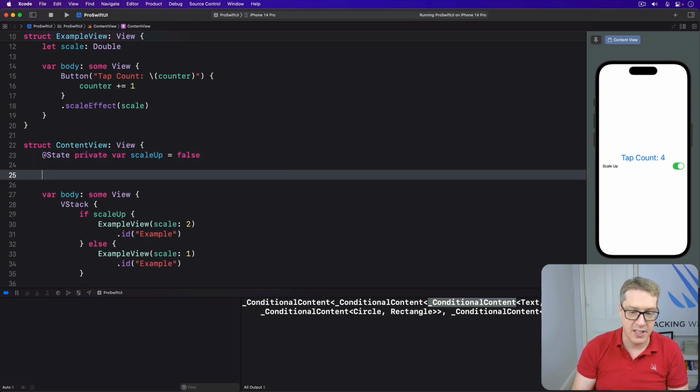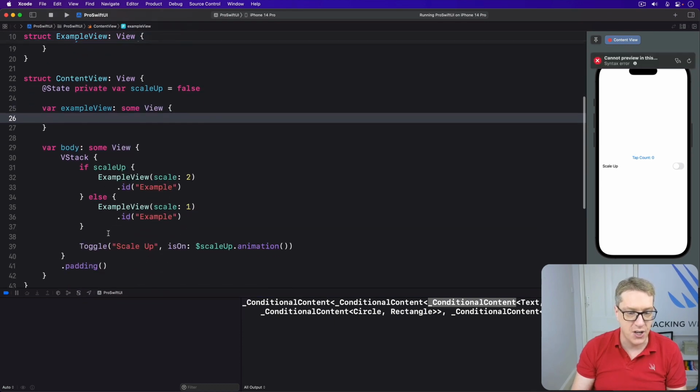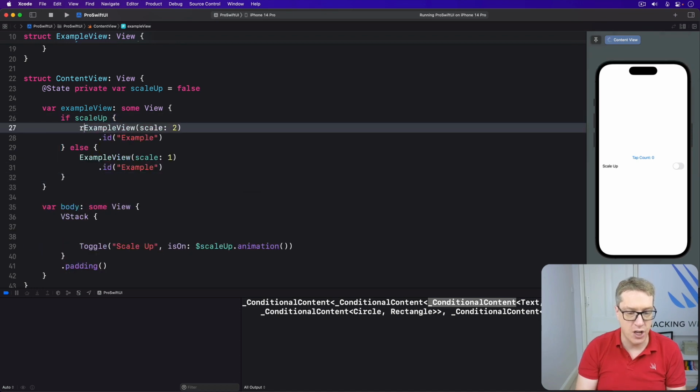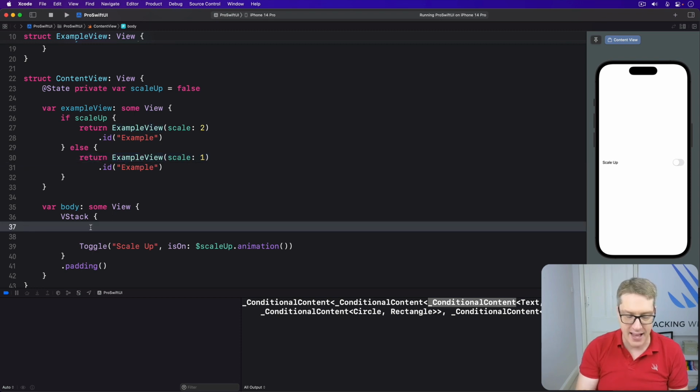We can see this for ourselves. If we move our code out, we set something like var exampleView is some kind of view, and then paste this code into there. Let's take it up into here, and then say return that and return this. So now putting our code directly into a different property, and I'll replace that down here in the VStack with just exampleView, show that property here, I'll press play, and it's very similar now, but SwiftUI will now work